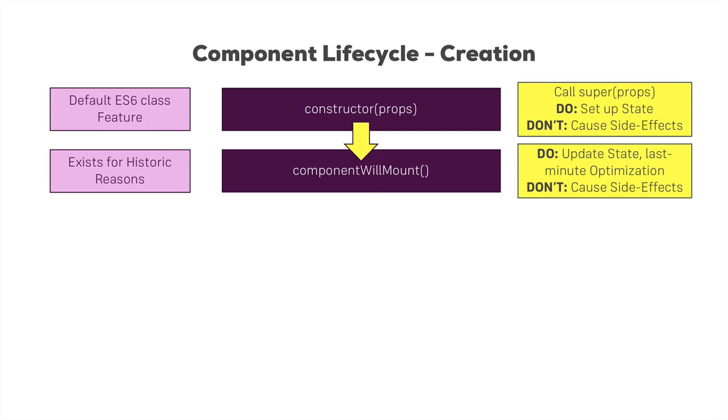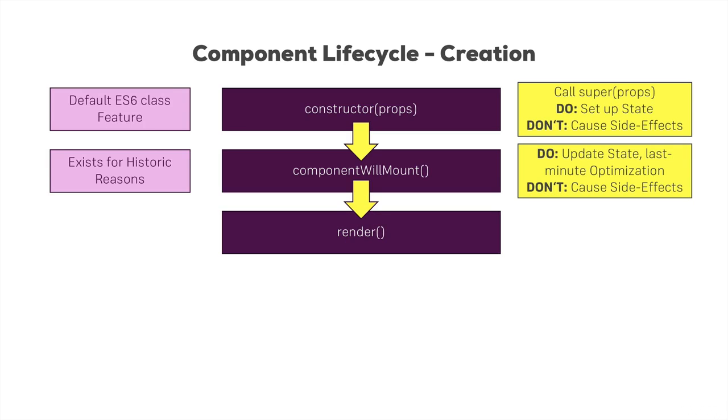After component will mount, the component will render. Now, executing the render method does not mean that it accesses the real DOM. I will come back to how exactly React renders the real DOM and updates the DOM in this module again. For now, you should know that executing the render method gives React an idea of what it should render, how it would look like if it then reaches out to the real DOM and manipulates it. That depends on what this real DOM looks like already. If no changes need to be made, it doesn't go ahead and re-render it anyways.